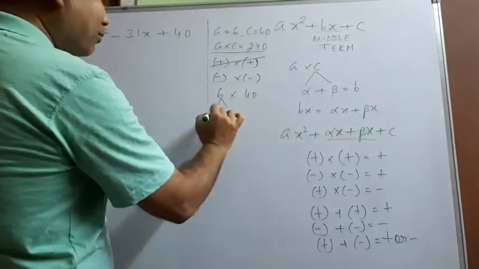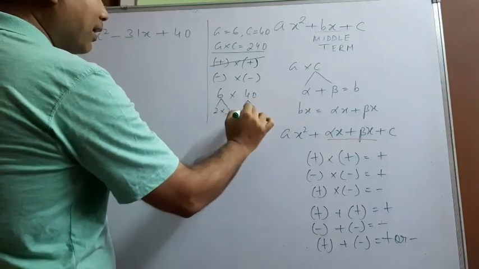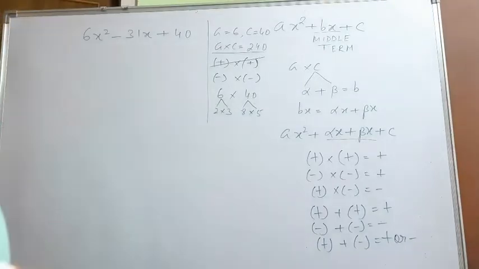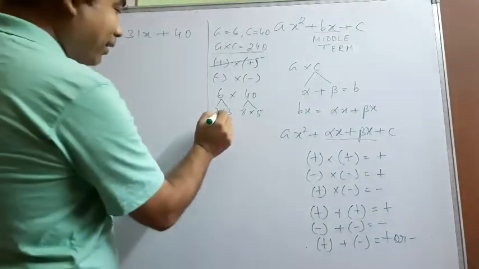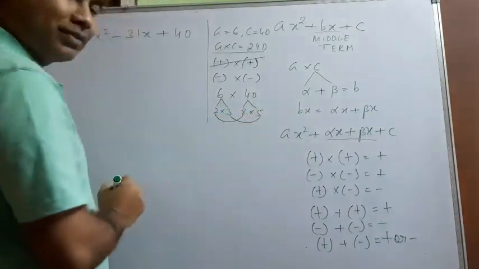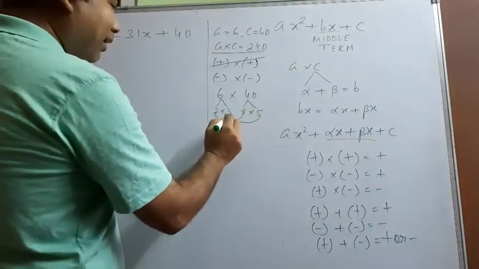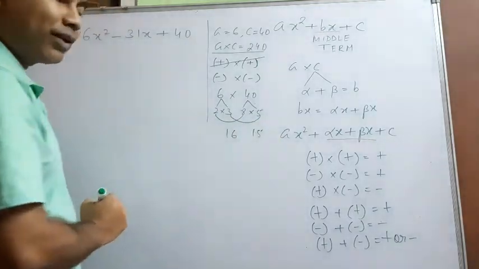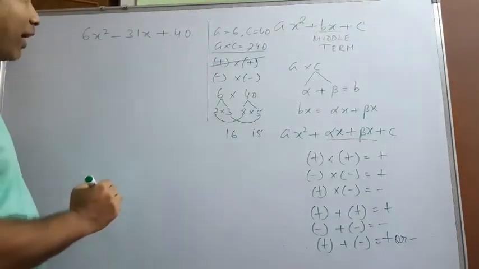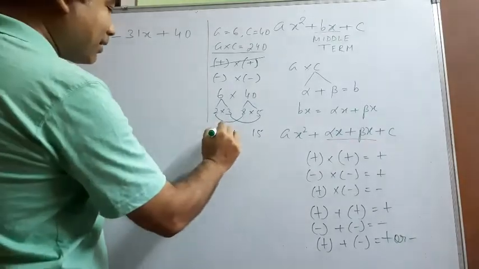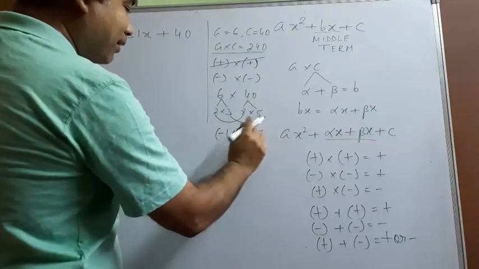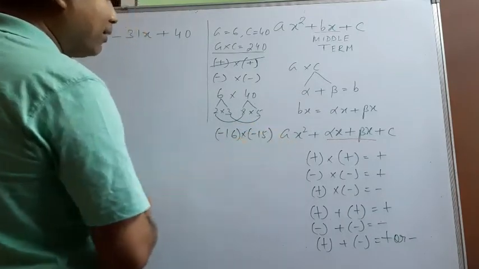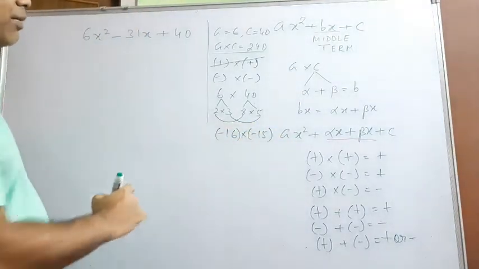So let us take it as 2 and 3. Let us take it as 8 and 5. In this way I factorize 8 and 5, 2 and 3. Okay, so if I combine these 2 and 8 and 3 and 5, then my factors will be 2 8s are 16 and 3 5s are 15. But here I have to take two negative factors because b is negative. So if I take it as minus 16 and minus 15, then minus 16 into minus 15 will be 240.